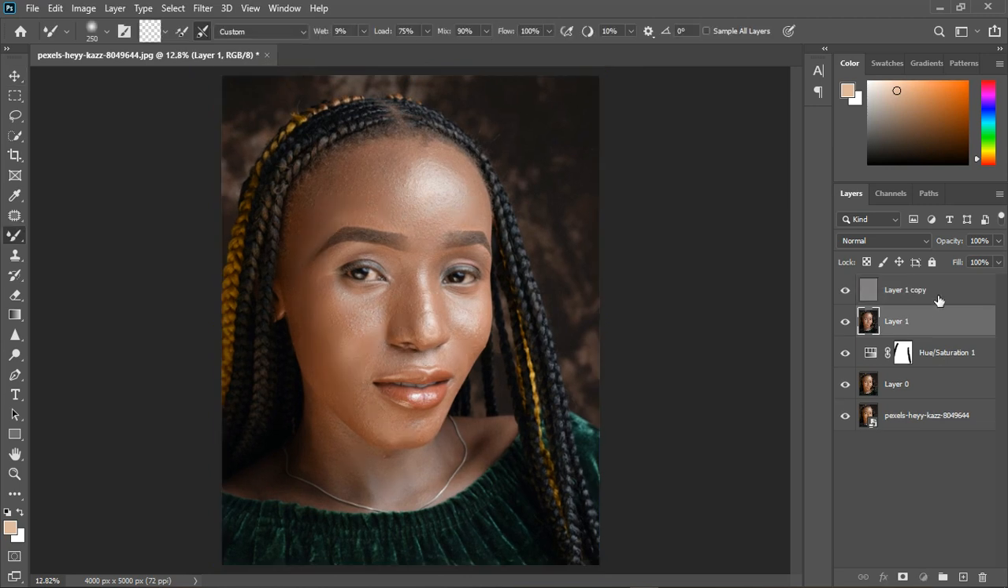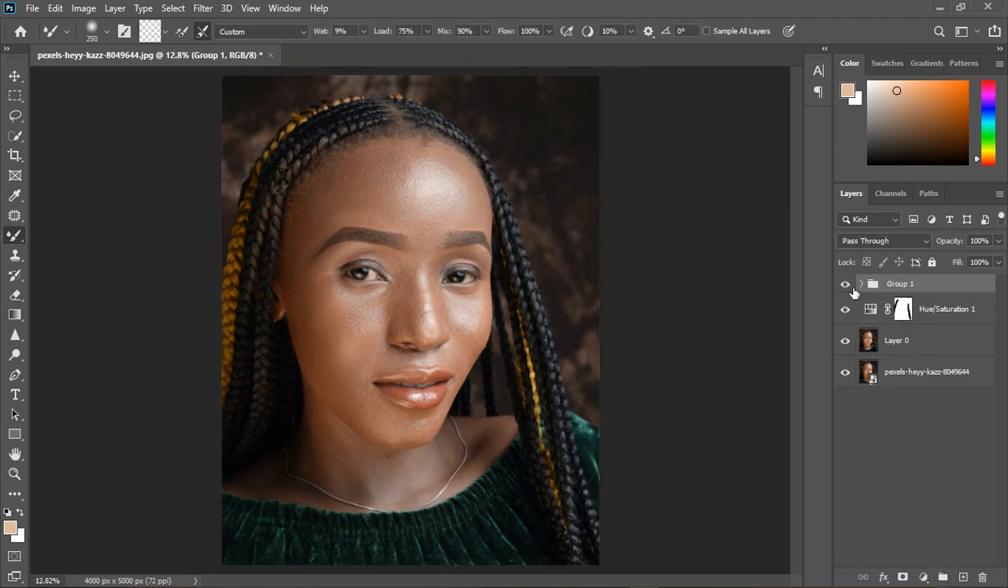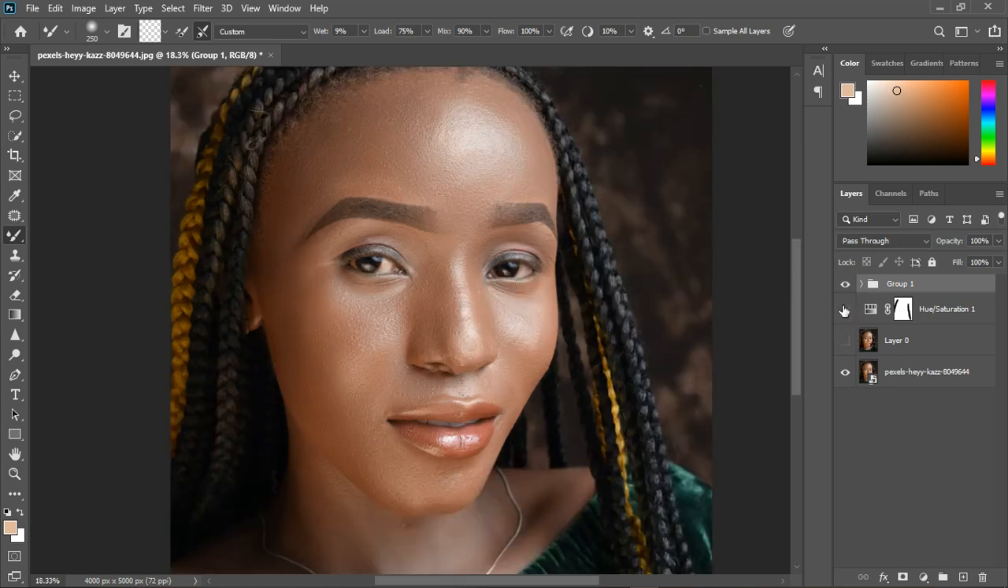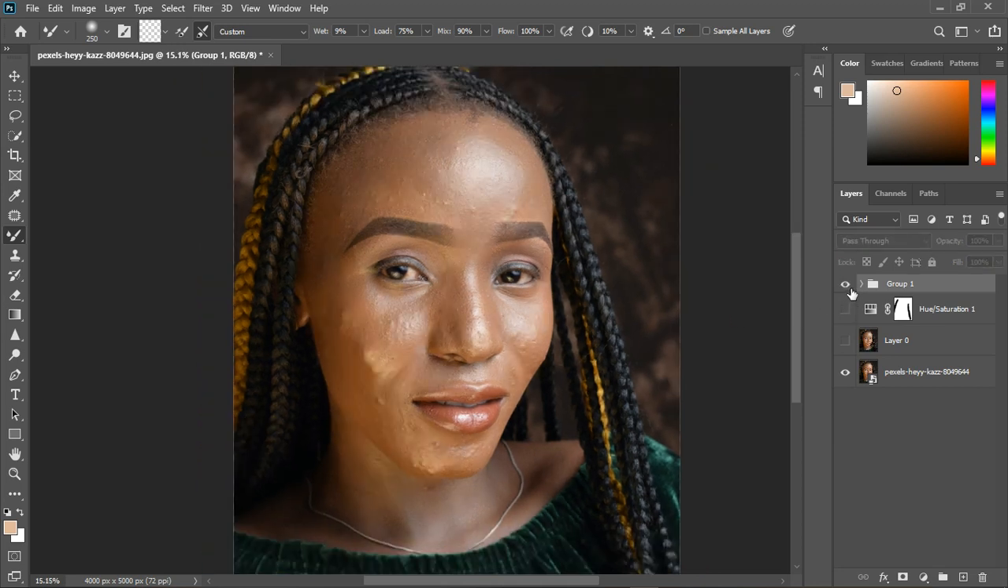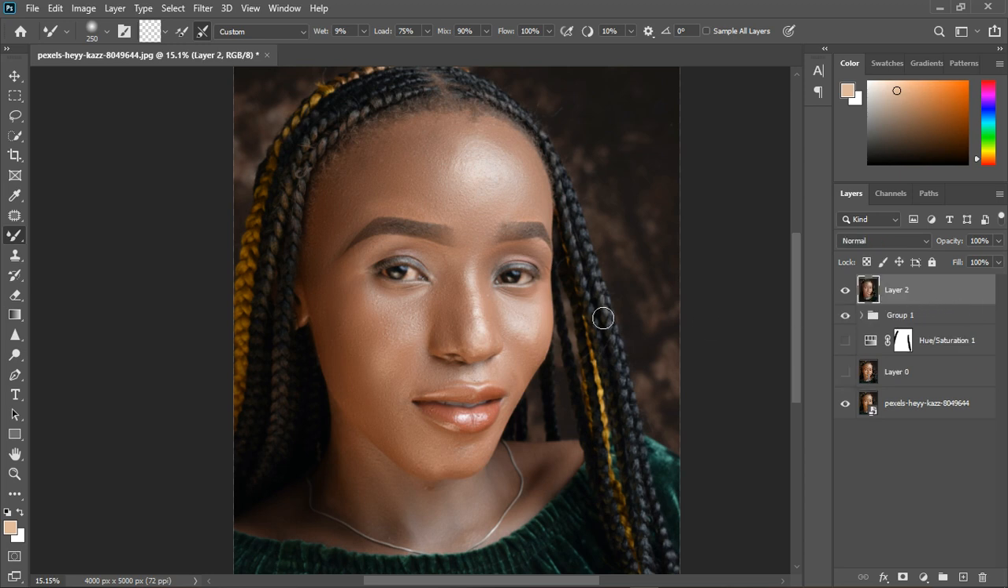All right, so this is the frequency separation. I'm going to group it together and then we go here. Okay, so let's compare it with the before and then after. I'm going to create another stamp visible layer, Ctrl Shift Alt E, and this time around